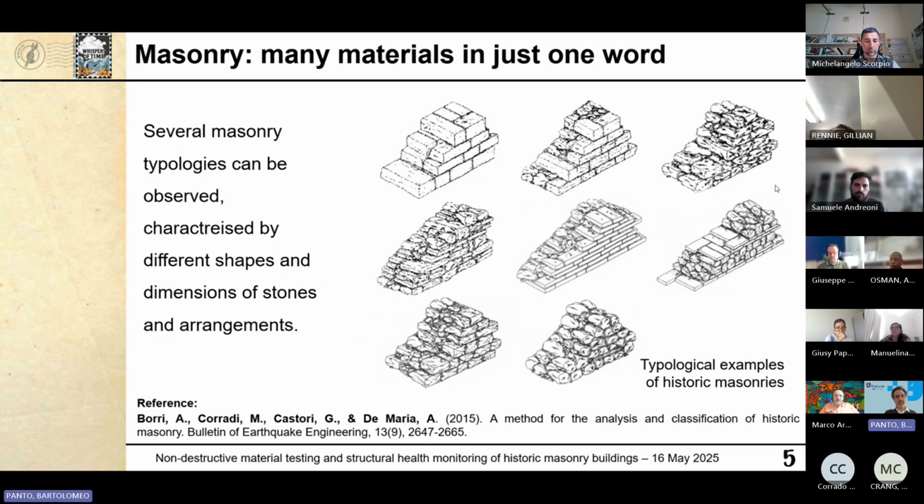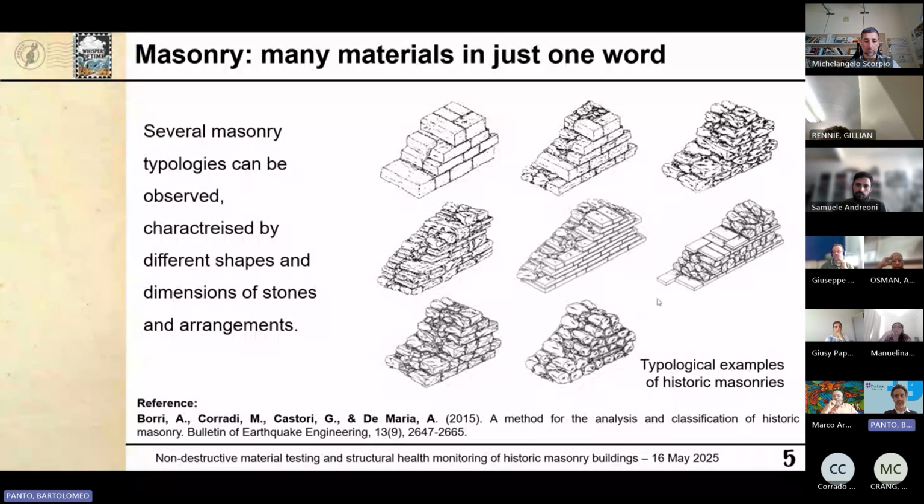When we speak about historic structures and we say the word masonry, actually it is not enough to characterize the material. We can have a very good masonry arrangement, moving down until very poor mechanical material, because of the shape of the stones. The arrangement is very regular. The mortar is degraded totally. So this is important to try to understand in which class of masonry we can classify the object we want